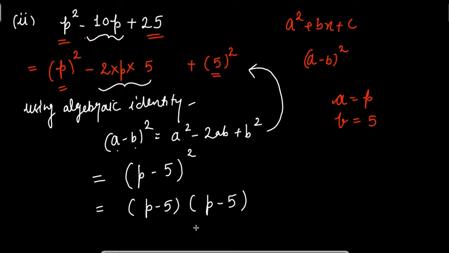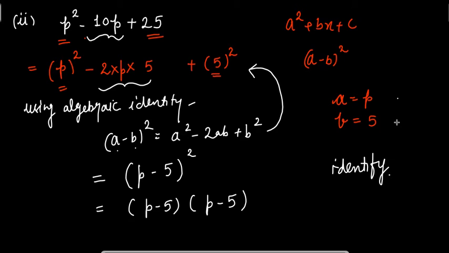So first thing you have to remember, identify the type of expression given, because we have done multiple methods of factorization. So identify the expression. If it is a binomial, just simply take the common factors out. If you are having 4 terms, you may use rearrangement and regrouping. If you have a quadratic equation, you have to use an algebraic identity or middle term splitting.